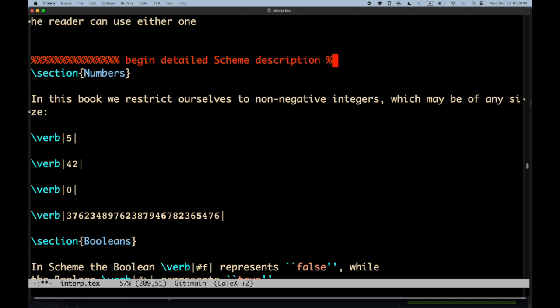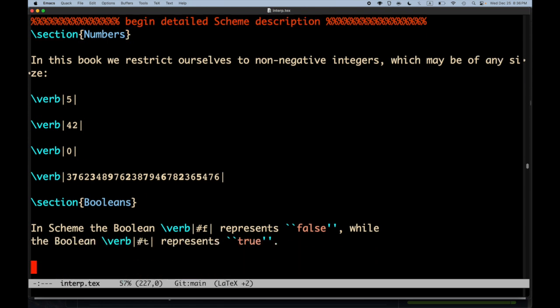I'll just put this comment so it can help me find this. Okay. Numbers. I mean, there's an awful lot to say about numbers, but I don't want to say much. Non-negative integers. This is like Dan Friedman style. Then we got bignums, booleans. Okay, and in Scheme the boolean